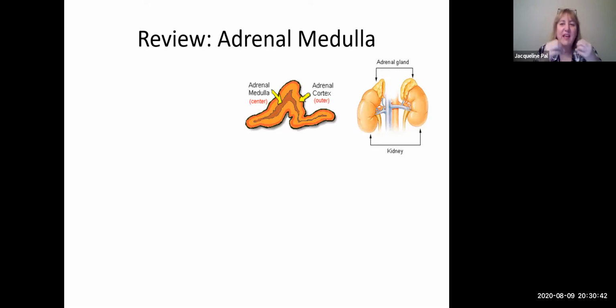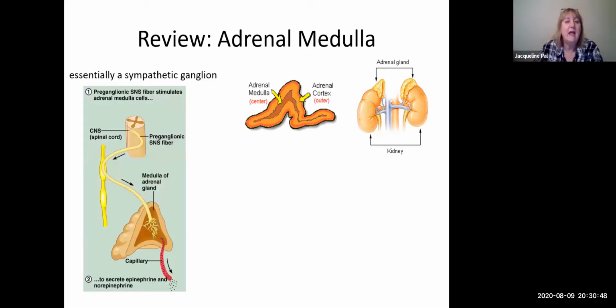And that inner medulla has cells which are the equivalent of postganglionic neurons, okay? And so this whole adrenal medulla kind of functions as a sympathetic ganglion. So the preganglionic sympathetic nervous system goes through the sympathetic chain without synapsing and makes it all the way to the medulla of the adrenal gland, where it's going to synapse with these cells, and these cells then are going to